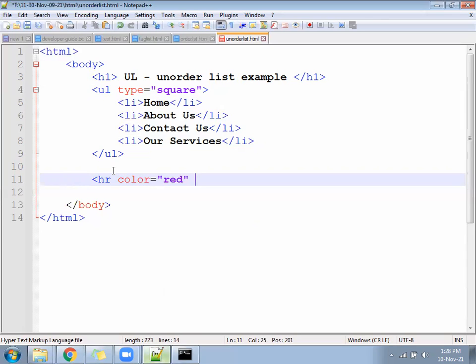Next, what should be the thickness of the line? For that we have a property called size. Size equal to 10. You can give 1 to 3 also and check. It is going to create a horizontal rule, a line from beginning to end, in red color with a size of 10 pixels. Thickness of the line will be 10 px. Please check once.